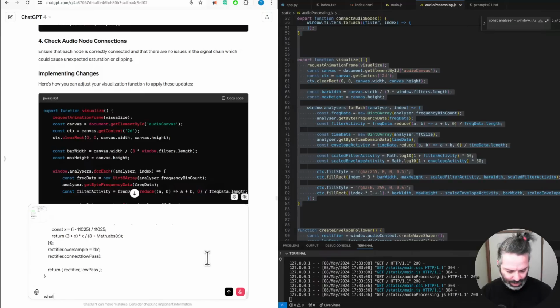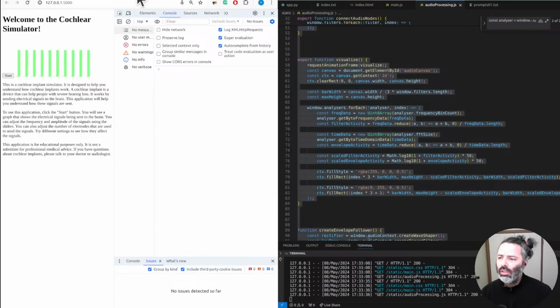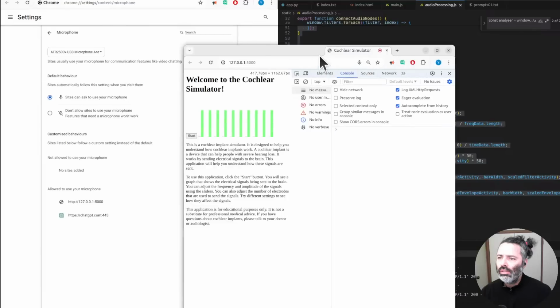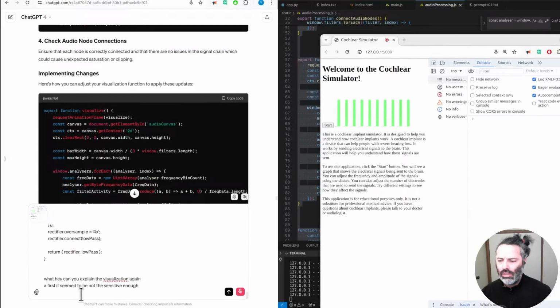Can you explain the visualization again? First, it seemed to be not sensitive enough. Second, we want to improve it. Why do I only see